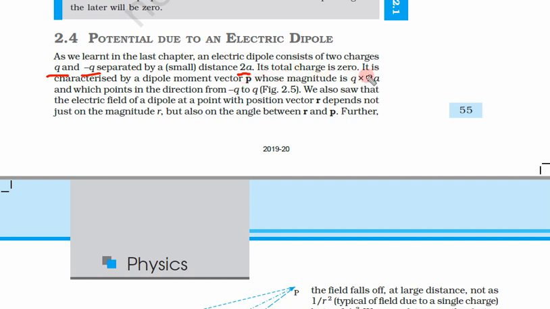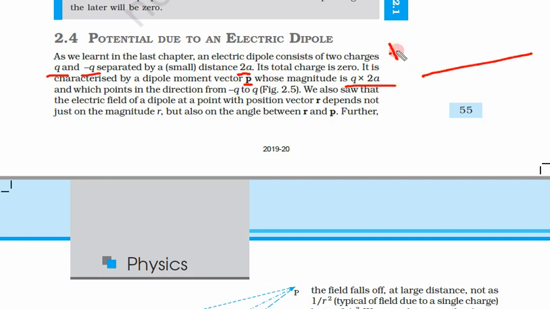So the total charge is 0, but there is some distance between them, hence we saw that the field was not 0. Due to this, the field does not exactly cancel out. We found some field there and it was varying as 1 by r cube for an electric dipole. After that, we saw that its dipole moment P was simply charge into distance. So the distance between the two charges being 2a, P is 2qa.